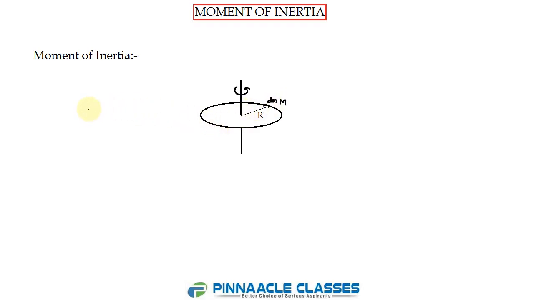Now write the moment of inertia of the small element of the ring, dI is equal to dm into r square. To find the total moment of inertia, we have to integrate on both sides. So the total moment of inertia I is equal to, here r square is constant, because whichever particle you take on the ring, it is at the same distance r. So r square is constant. Integral of dm, what does integral of dm represent? The total mass of the ring. So the moment of inertia of the ring about an axis passing through the center and perpendicular to the plane is capital M into